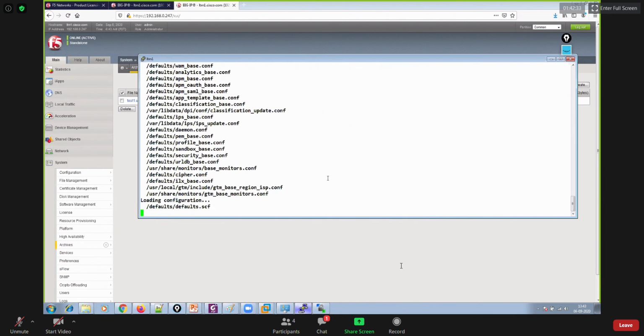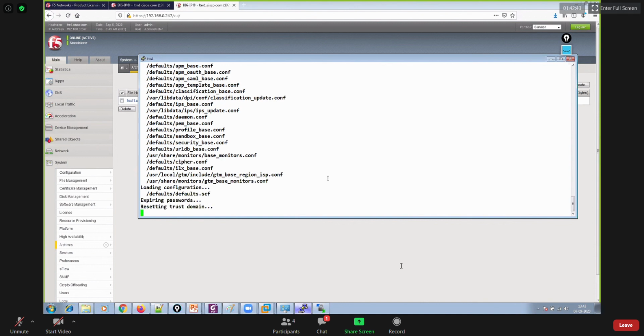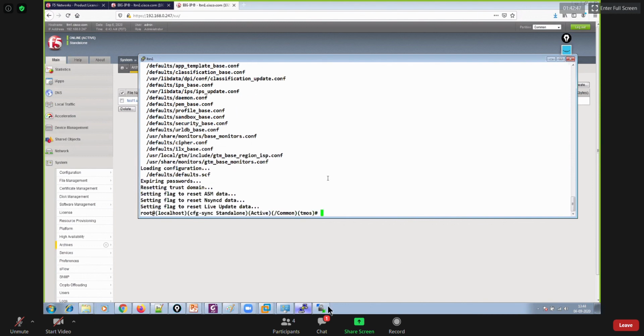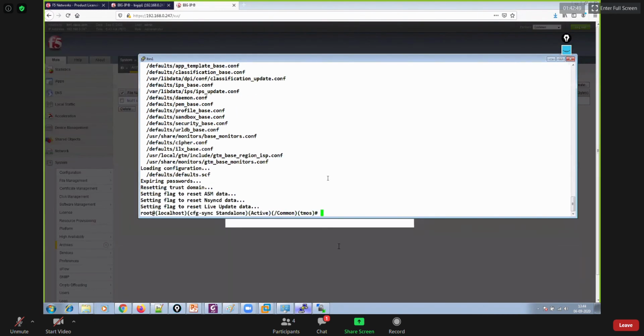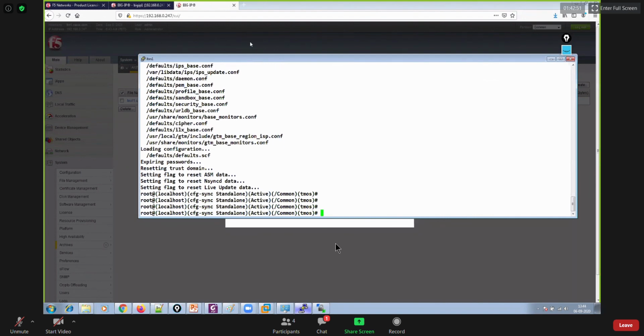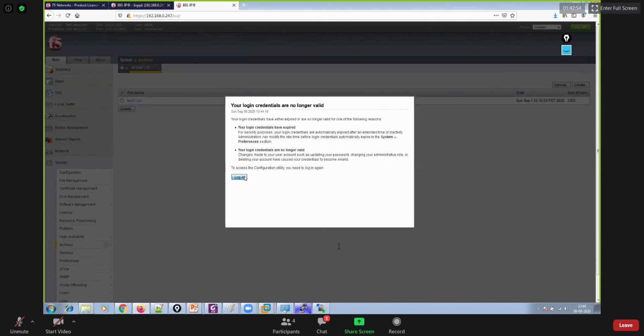So that's how you could put your box into default state. So the command was load sys config default. So that's how you can do it using CLI. Using CLI, you can take backup, you can restore backup, you can put your box into default config, right, factory default mode, like this.